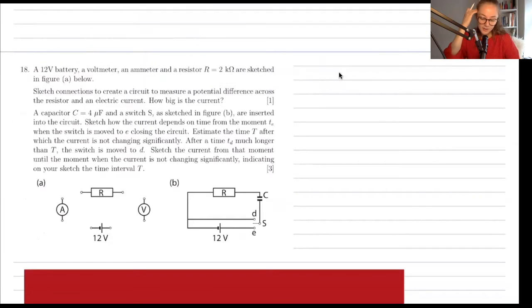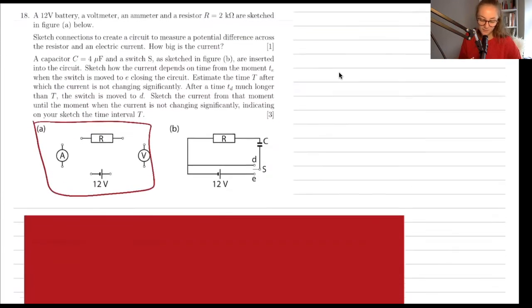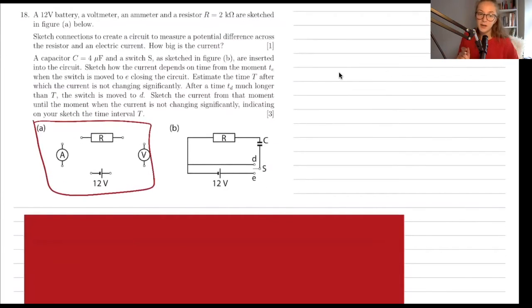Right, so this next question here is kind of a sketching question, but it requires us to understand a little bit more about capacitors. So it says a 12-volt battery, a voltmeter, an ammeter, and a resistor of 2 kilo ohms are sketched in figure A below. So this is this here. And they want us to sketch connections in order to measure the potential difference across the resistor and the electric current. So if you remember how we attach voltmeters and ammeters,